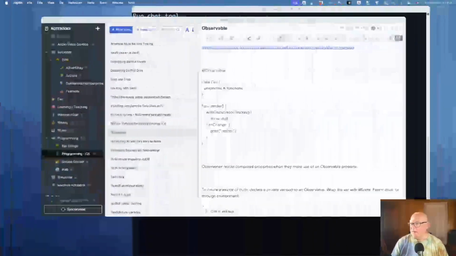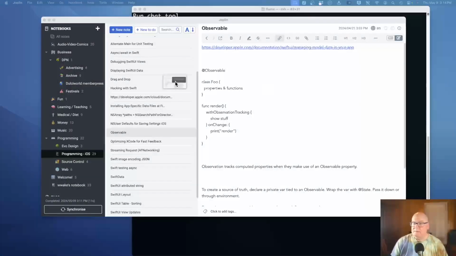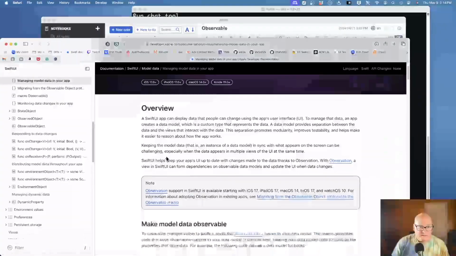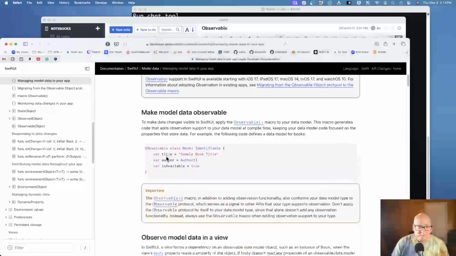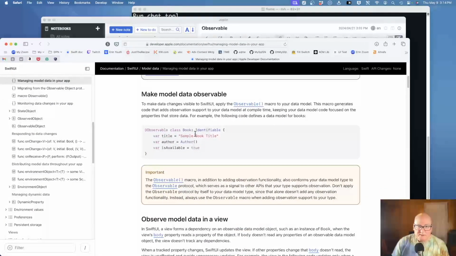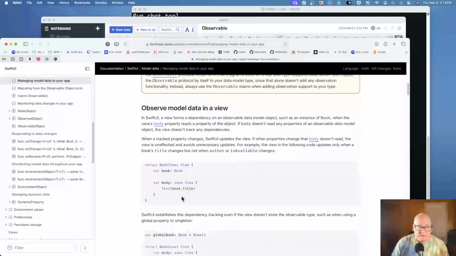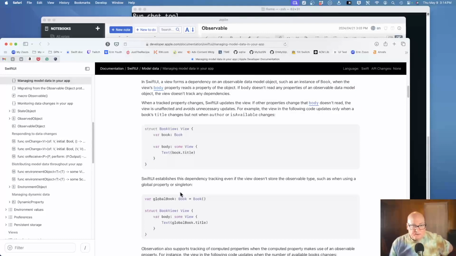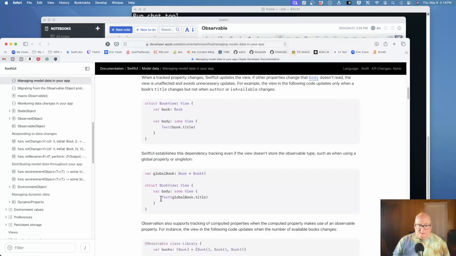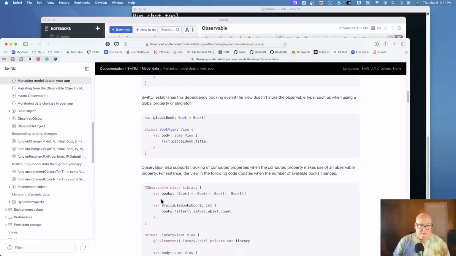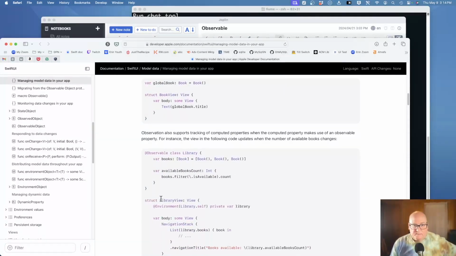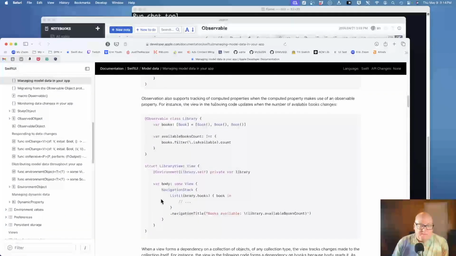Okay, I got, follow that link. All right, so we make this thing observable. We got a view, our book, global book. Okay, we'll mark that thing observable.